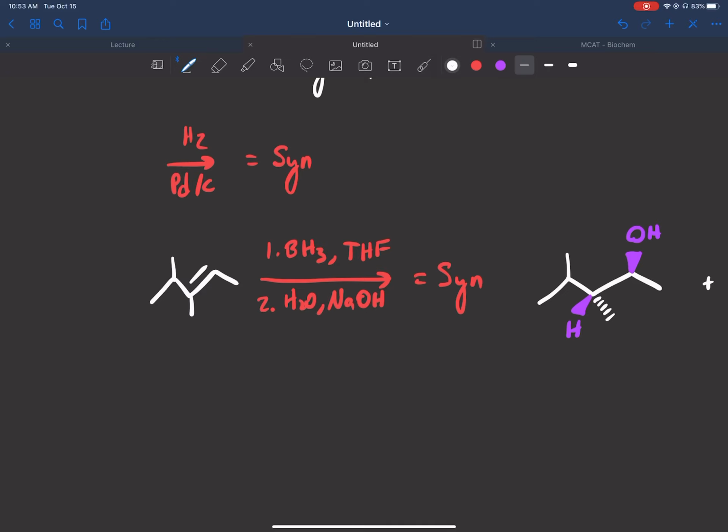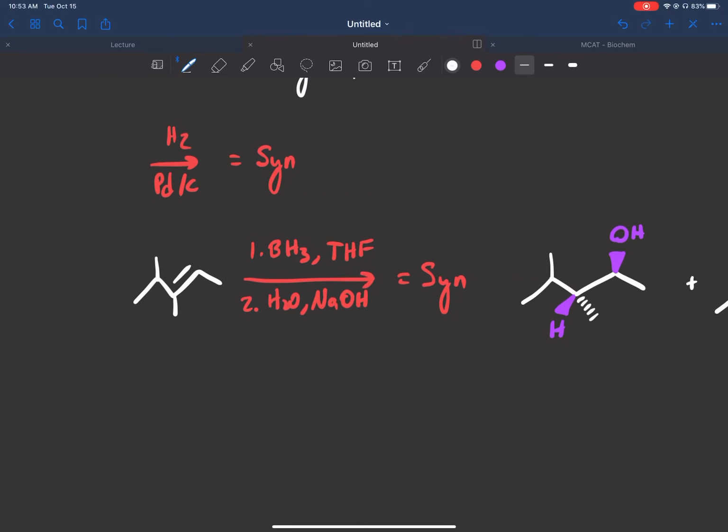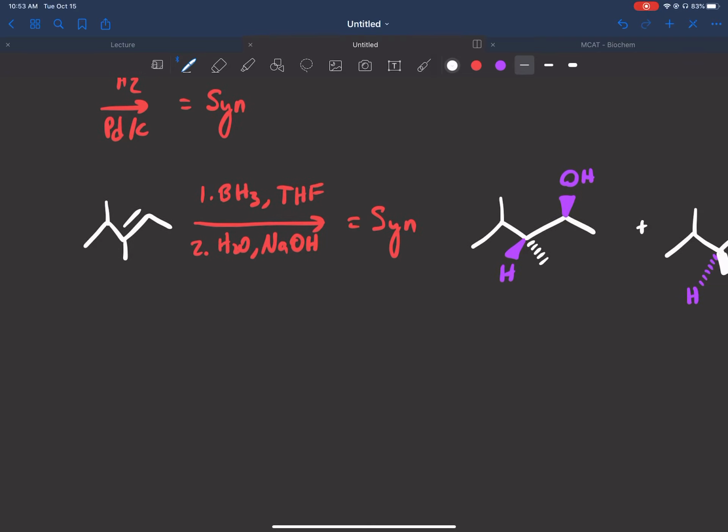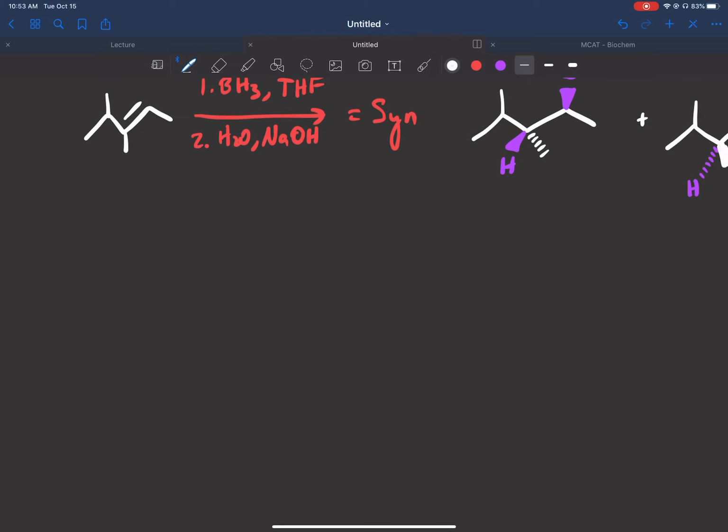Okay? So now we can move on to anti-addition. So anti-addition are going to be any of the reactions that involve a 3-member ring intermediate that you guys have learned. So like using something like this. That was bad. Right, so I draw it like that. And then something such as Br2, right? Or Br2 over ROH, where R is an alkyl group,